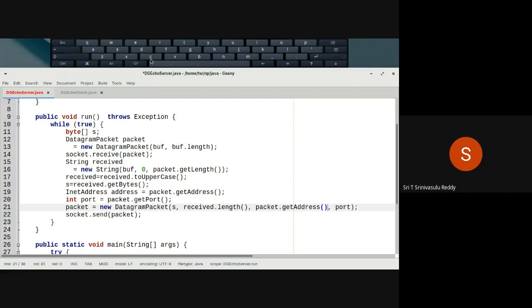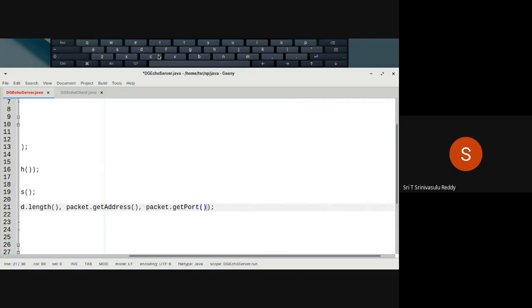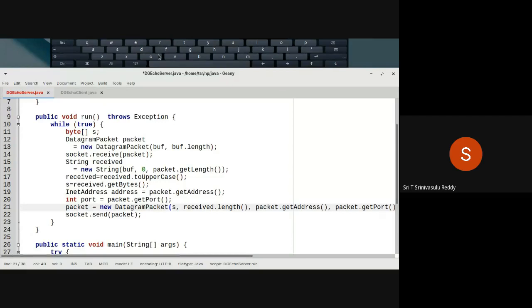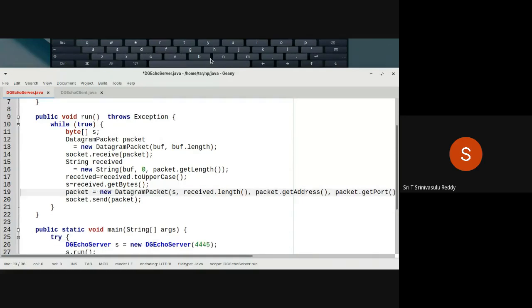Straight away you can do it. Similarly, packet dot get port. In the process, you are reducing the variable declarations. That's all you are doing. So you call that particular get port. Now you can remove these two lines. These two lines also you can remove like this.